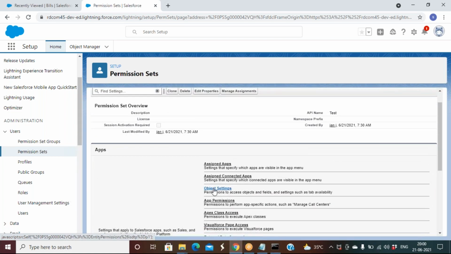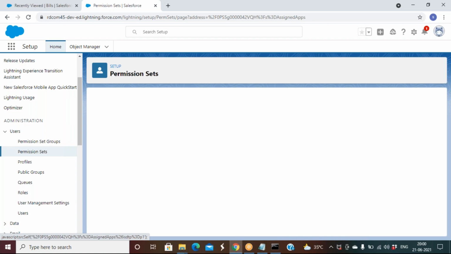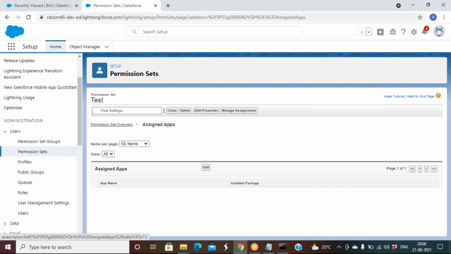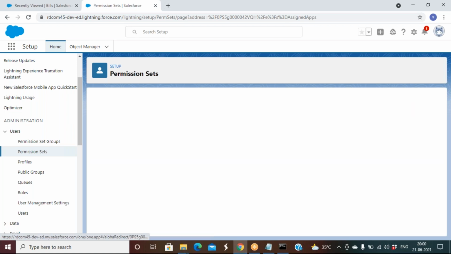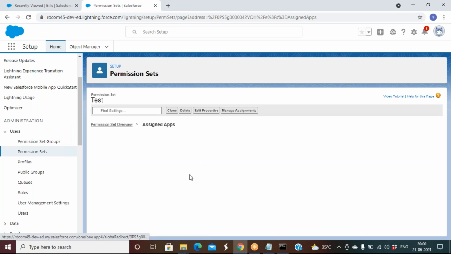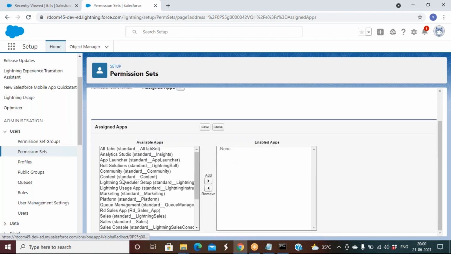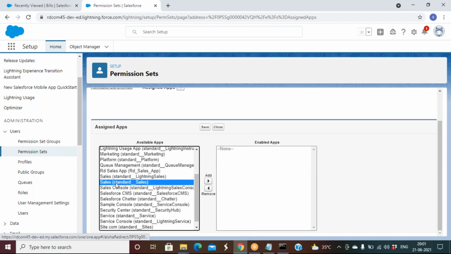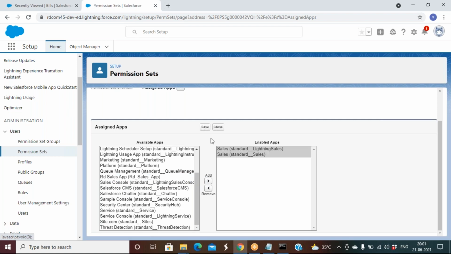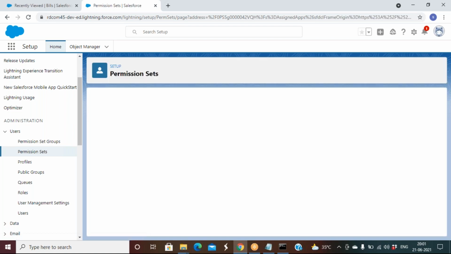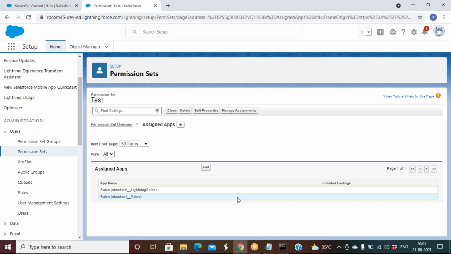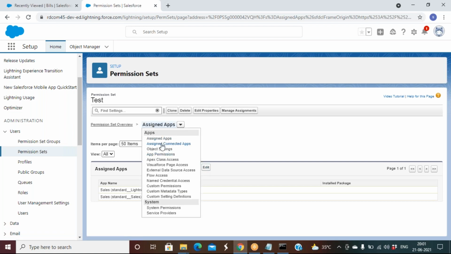Let's say I go with assigned apps. Just click on Assigned Apps, edit this one. Then it shows the list of available apps, from which we can give whichever we want. Let's say I want to give Sales. Add, save. Now I have given this app access. If you want to give object access, go to Object Settings.